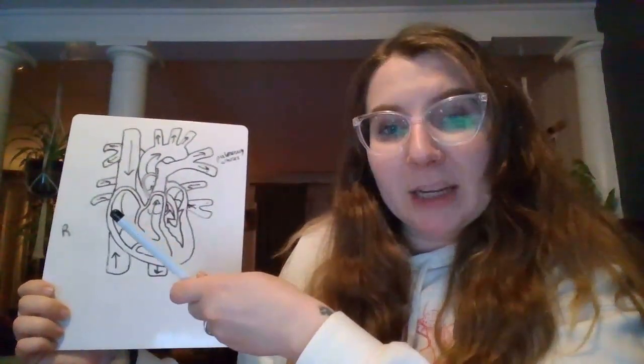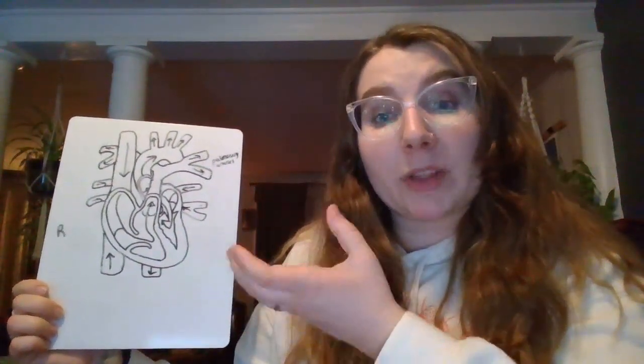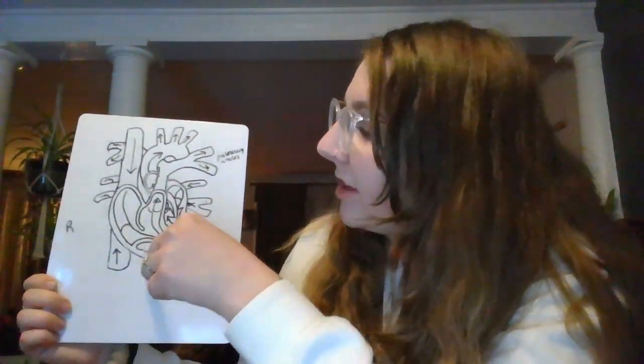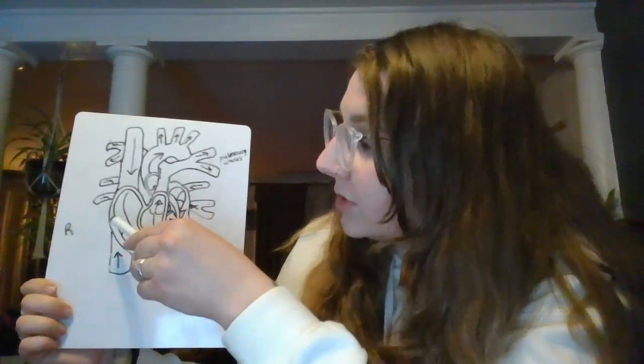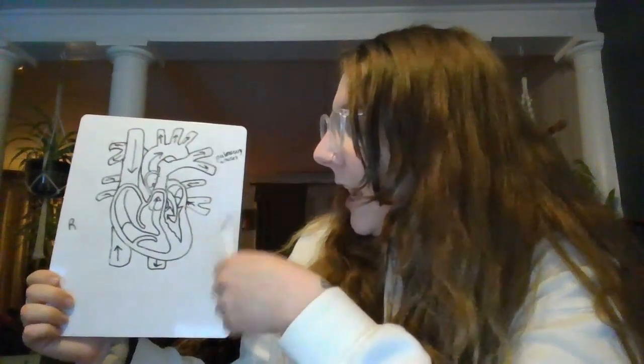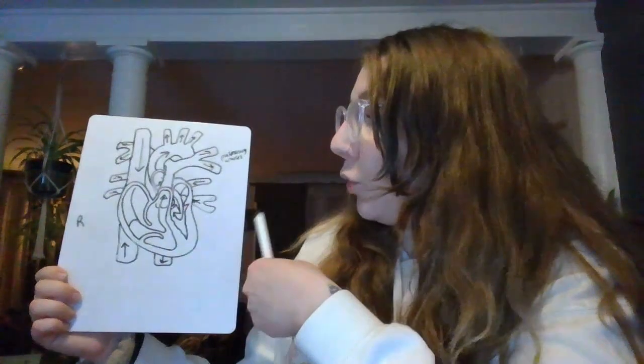And then for our diastolic pressure, that would be when the heart is relaxing, or there's a cardiac filling, as we call it. So over on the right side of the heart, where we have a thinned muscle wall, blood fills from the right atrium and into the right ventricle. And that is how we measure pressure, and that is how we also will go ahead and measure cardiac output